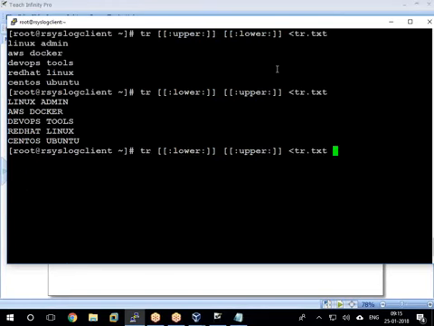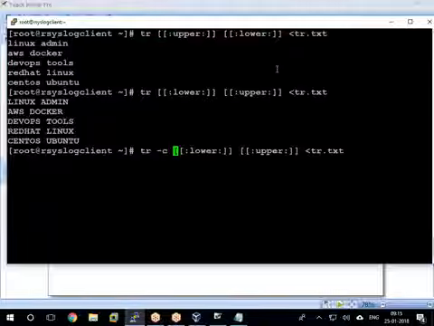Now we have the C option. What is the C option? Replace non-matching characters. So if you specify -c, what does it mean? Except the set1 characters. Whatever characters you specified in set1 won't be replaced with set2. The remaining characters will be replaced with set2. See,